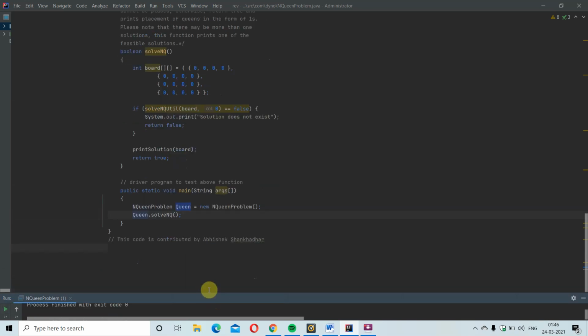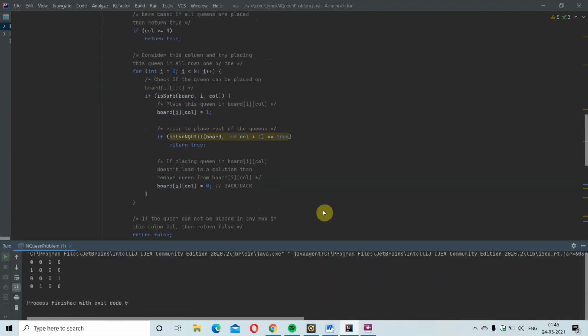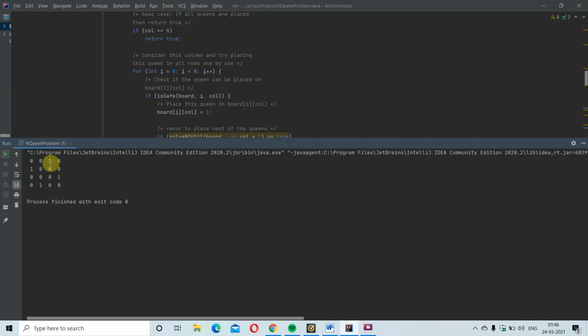Now I have printed the solution. This is the program. Wherever there is a queen, 1 is specified. Wherever there is no queen, 0 is printed.